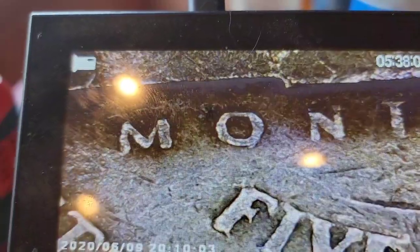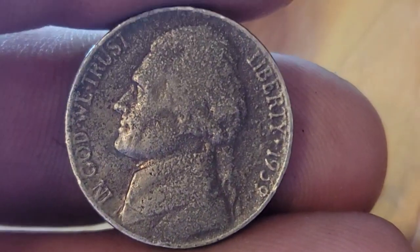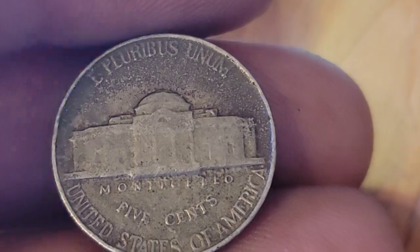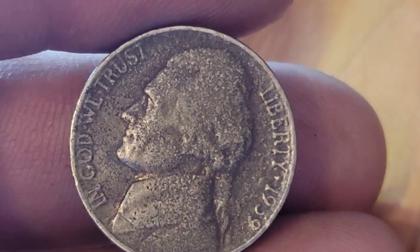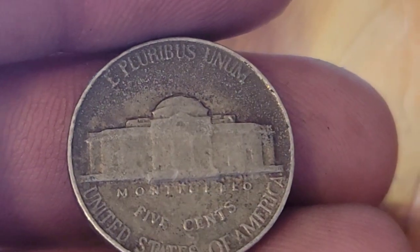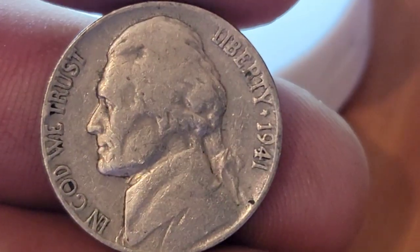And no, we're not going to have it. Let's keep on rolling. Roll number 12 gave us a 1939 Philadelphia. And I've already checked for the DDO and the DDR. On the obverse, it was pretty hard to see anything going on, and on the reverse, still didn't come across anything. Roll 15 gave us a 1941